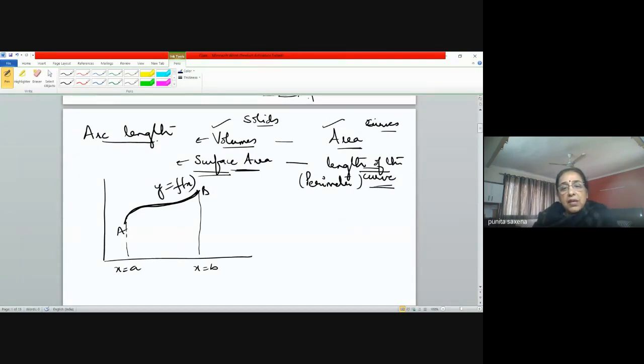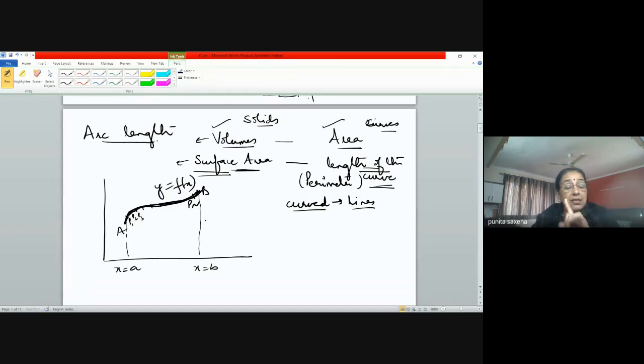Basically what did we do? Whatever curved area we had, whatever circle is a curved area, right? So what do we do? We are just converting those curves into lines so small that they are almost linear. So here also we are doing the same thing. We can place a thread here and then measure it, but then every time it's going to be cumbersome. We need to derive a formula for that. So what can we do? We break it into such small parts. That is, first A to P1, P1 to P2, P3 and so on and so forth, somewhere here Pn to B. Now these portions are so small that they are almost linear.